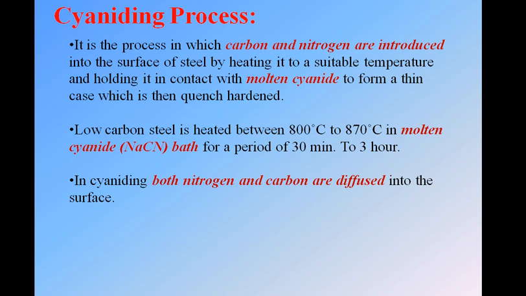Okay, so this is about the surface heat treatment processes. I think you have gained good knowledge of what the heat treatment process is. We have three things: carburizing, addition of carbon; nitriding, addition of nitrogen; and cyaniding, addition of both carbon and nitrogen. Besides these we also have two things, flame hardening and induction hardening. With the help of flame we can harden the material, that is flame hardening. With the help of current we can harden the material, that is induction hardening. So this is nothing but the surface heat treatment process.